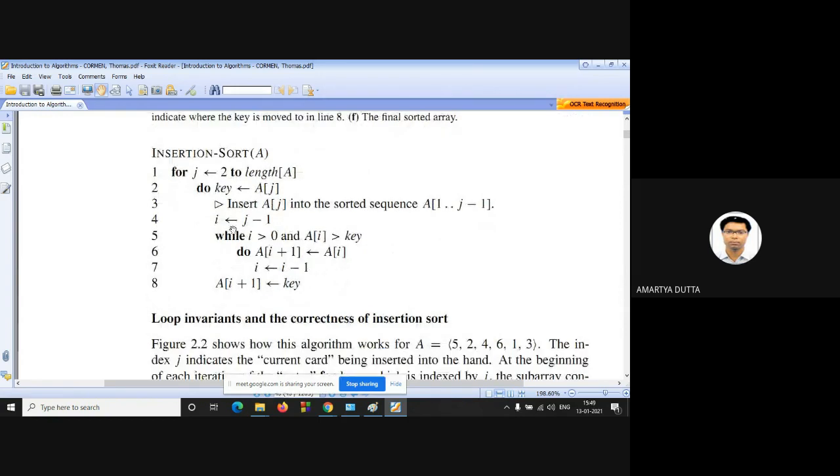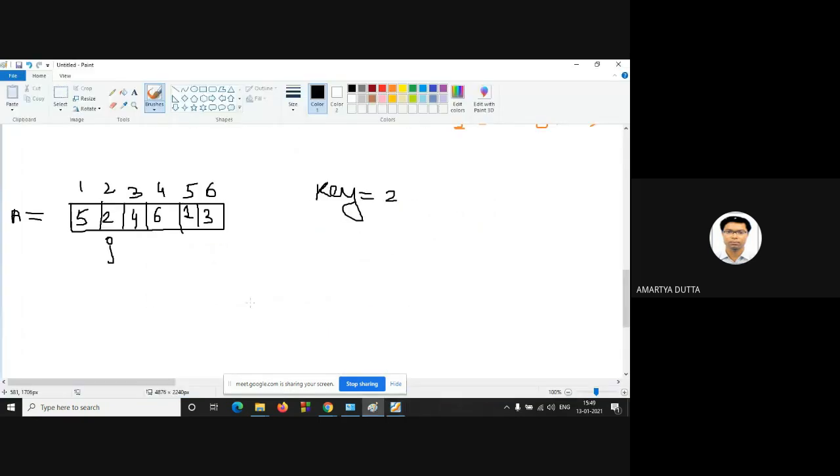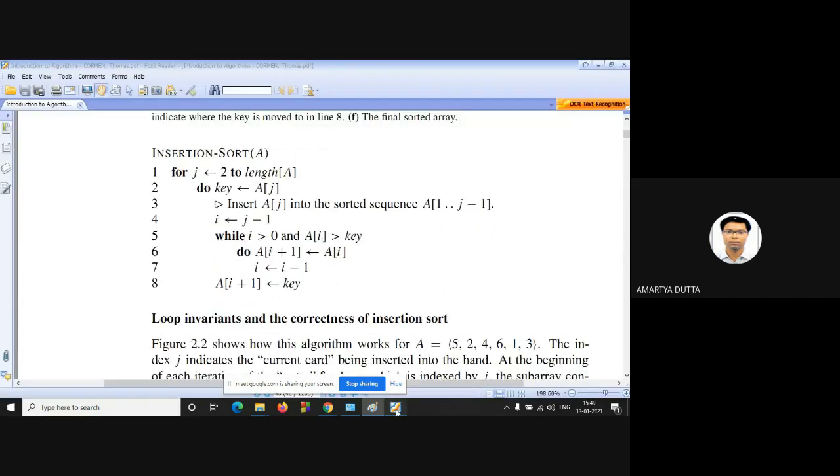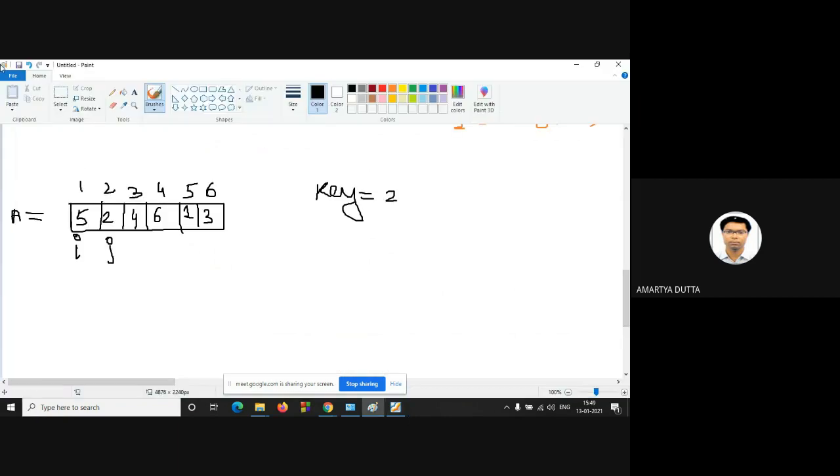Now i is equal to j minus 1. So what is the value of i? Initially i is j minus 1. Now, while i is greater than 0 and A[i] is greater than key. Is it true for our particular instance? What is the A[i] value? A[i] is 5, and 5 is greater than 2.